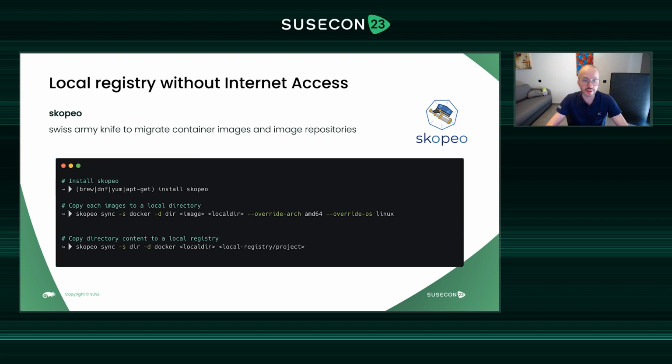Or, like in this example, you can get the images from a public registry and store them inside a directory. You have a bundle, and after that, you take this bundle and, with a second command, push it directly to the final local registry. But in all cases, it will allow you to win a lot of time when you need to manage a big quantity of images.